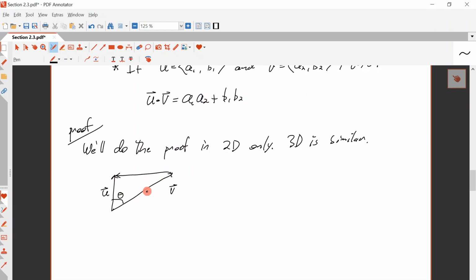That is equal to U minus V, because V plus (U minus V) should be equal to U. So that's tip to tail, head to tail. We've got V and U minus V head to tail, so this vector is their sum, and that sum is U. Okay, so given U, V, and U minus V like this, by the law of cosines,